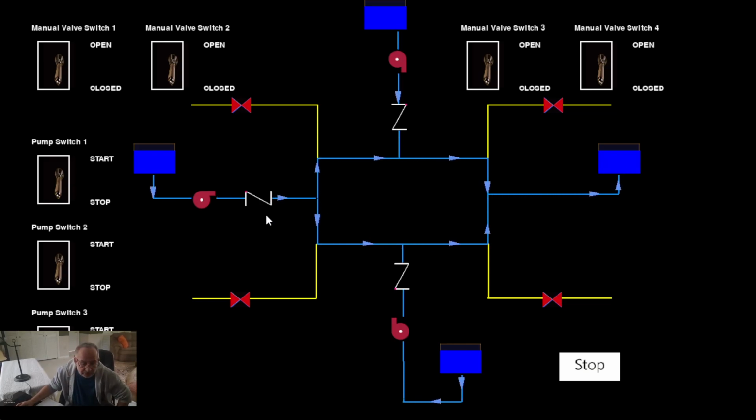Now, each of the switches controls one of the valves or one of the pumps. So if we start with this particular pump, this is pump number 1, and if I select the switch, then the pump starts and the check valve opens, and now we're providing fluid through to the tank